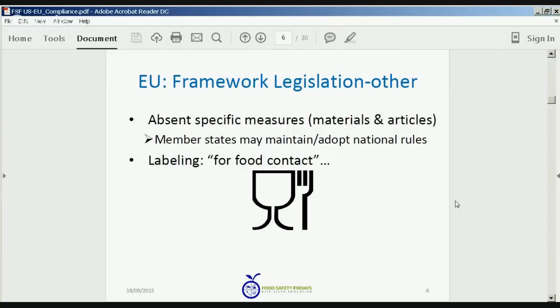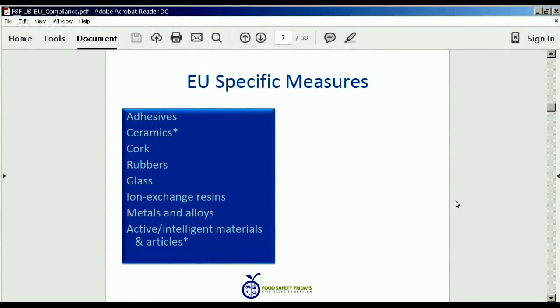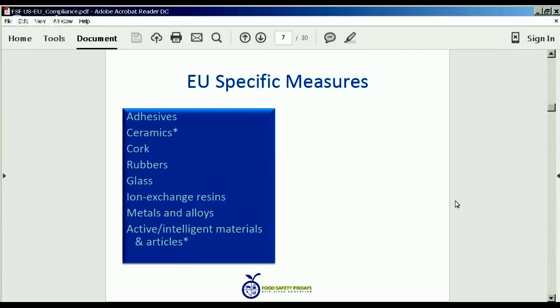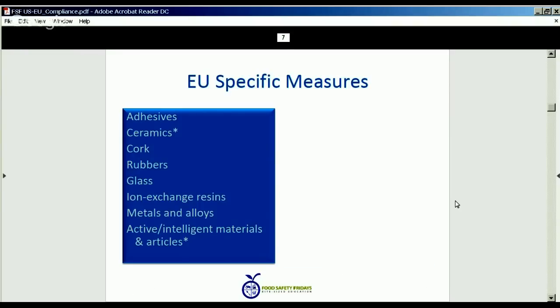And the other aspect of the framework legislation that's of interest is this icon for food contact, which is appropriate for any materials that are compliant with the European Union framework legislation. These are the specific measure categories of materials and articles that apply to the framework legislation. Only the categories for which I've indicated an asterisk here, which are ceramics, active intelligent packaging materials, printing, plastics, and regenerated cellulose, have had these specific measures for